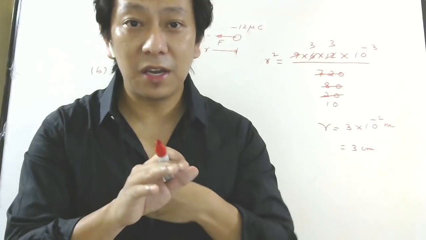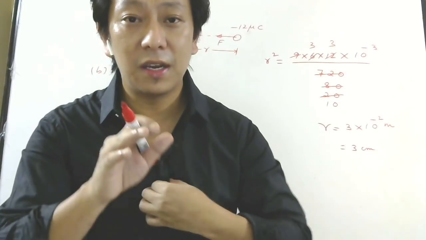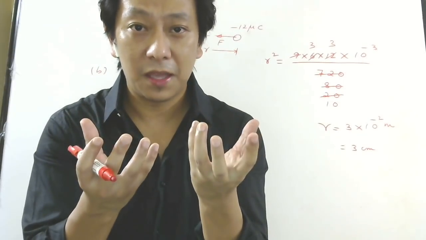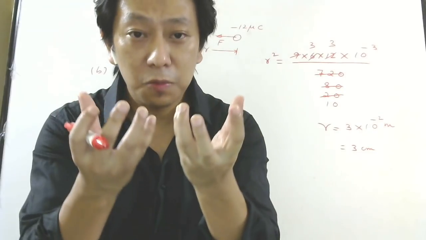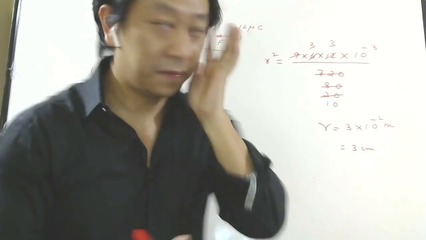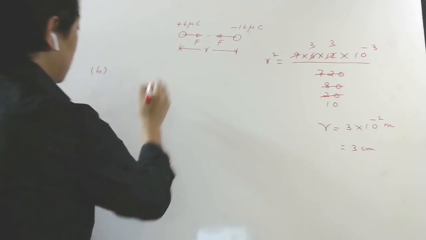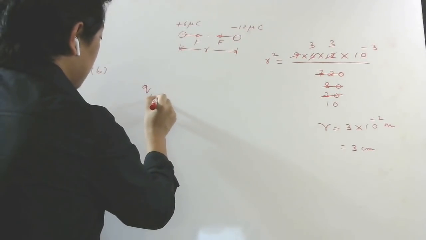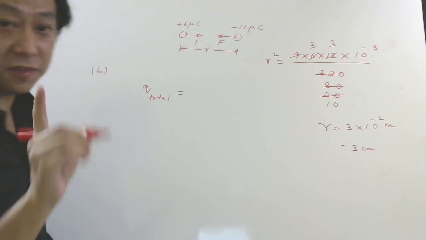But right now, try to understand in an easy way that if the two conductors have the same radius and you bring them in contact, then the total charge will be shared equally. So in this problem, what is the total charge? You have to use additivity of charge, remember.